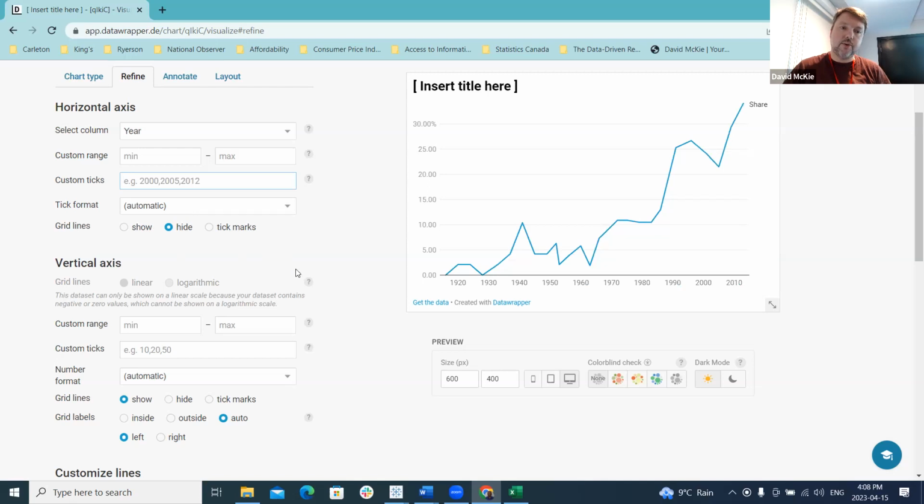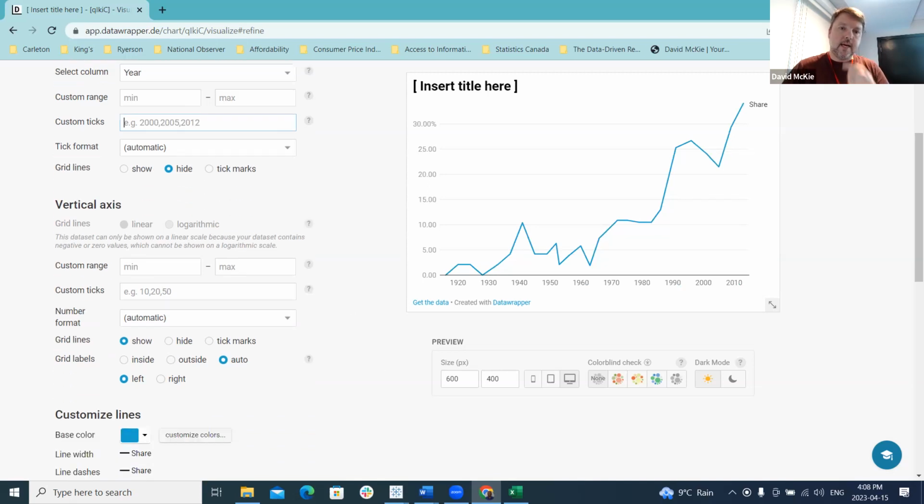You can hide or show the grid lines depending on what you want. For the vertical axis, we talked about how with bar charts, you should not truncate the axis. You should always start at 0. A lot of people in data visualization will say that rule does not apply to line charts. One of my little obsessions is that I think in most cases it does apply to line